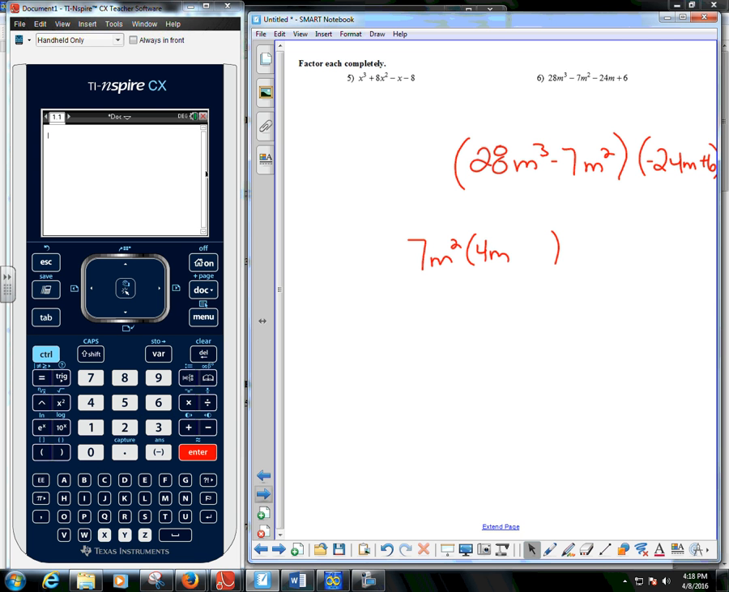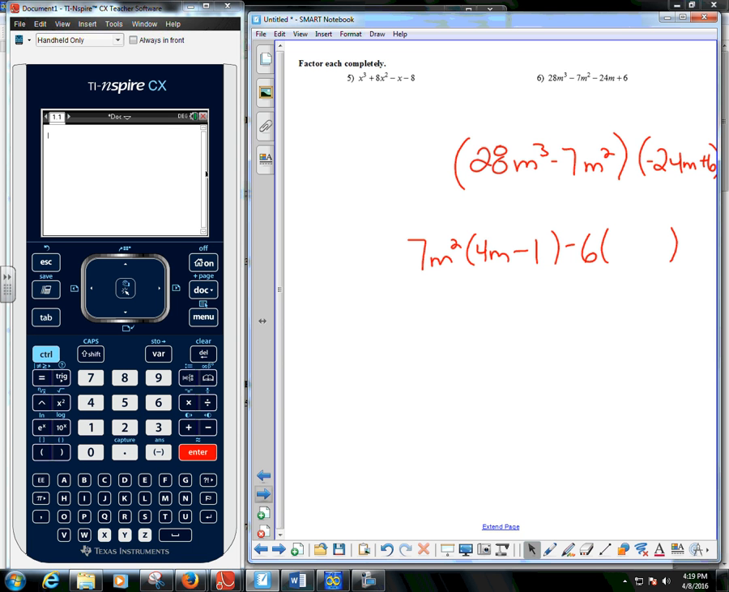So I look at negative 7m squared. 7m times what will give me negative 7m squared? Well, negative 1. So that works. Now I'm going to look at the second set of parentheses, negative 24m plus 6. So I think about my GCF and I notice that 24 is divisible by 6, so that's going to be my GCF. But we wrote down a rule that said if the first term was negative, then we would make our GCF negative. So I'm going to say